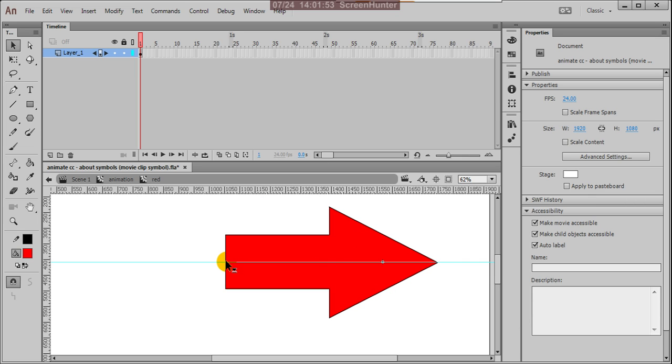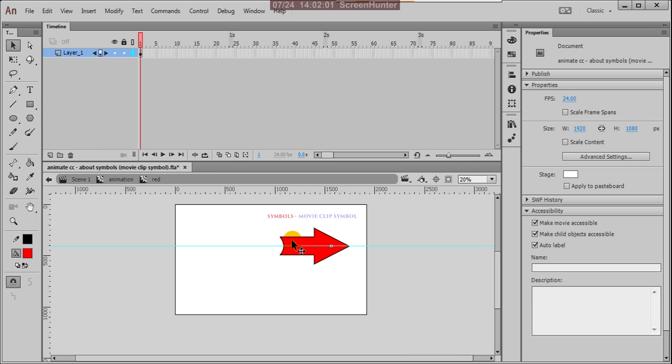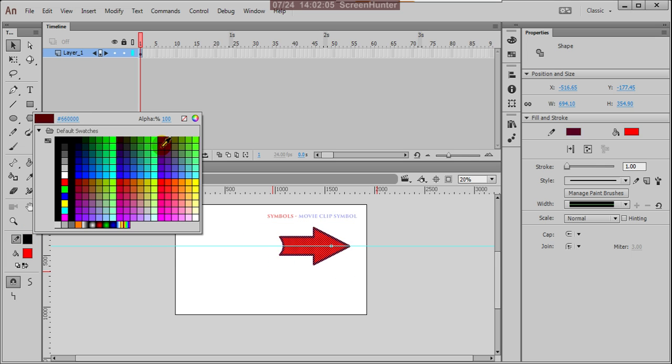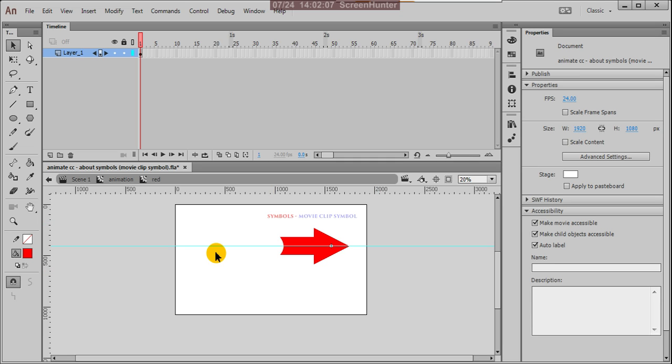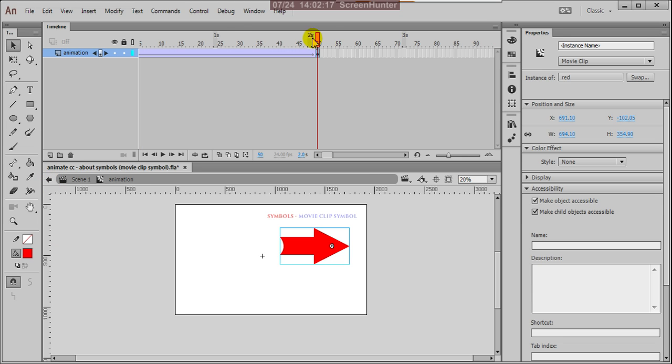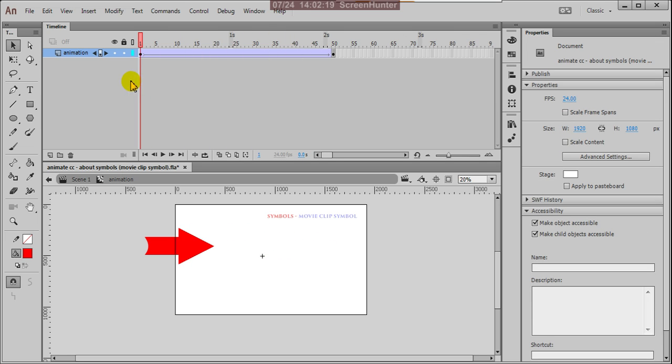See here. And now you can remove the outline. We don't want the outline actually. Now come out of the symbol editing mode. So click on the arrow mark. Now you can check your animation.